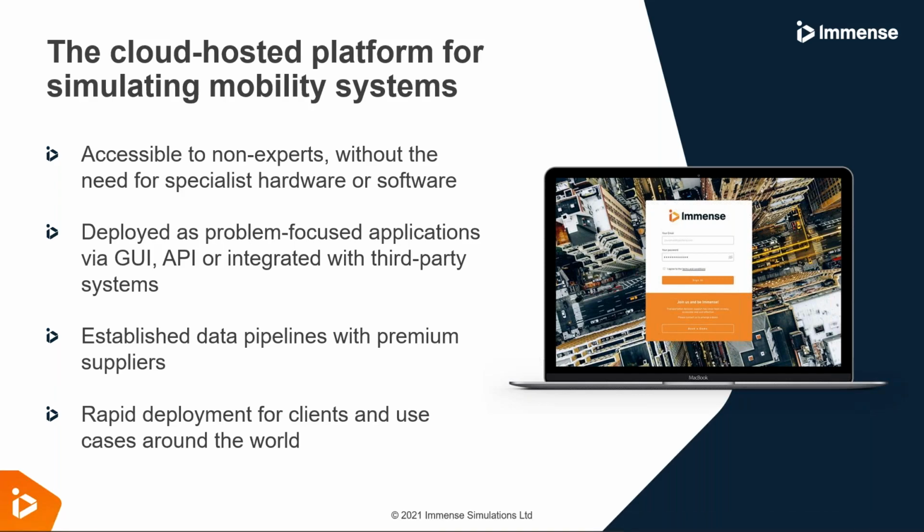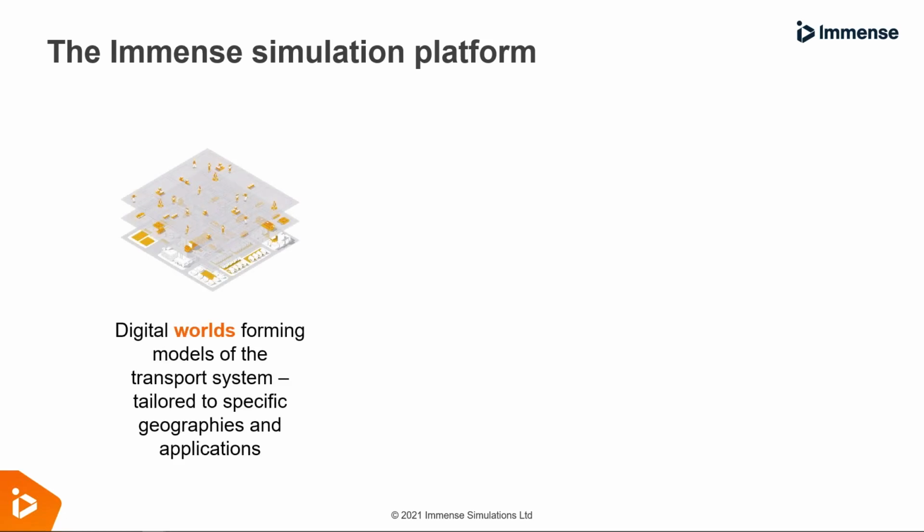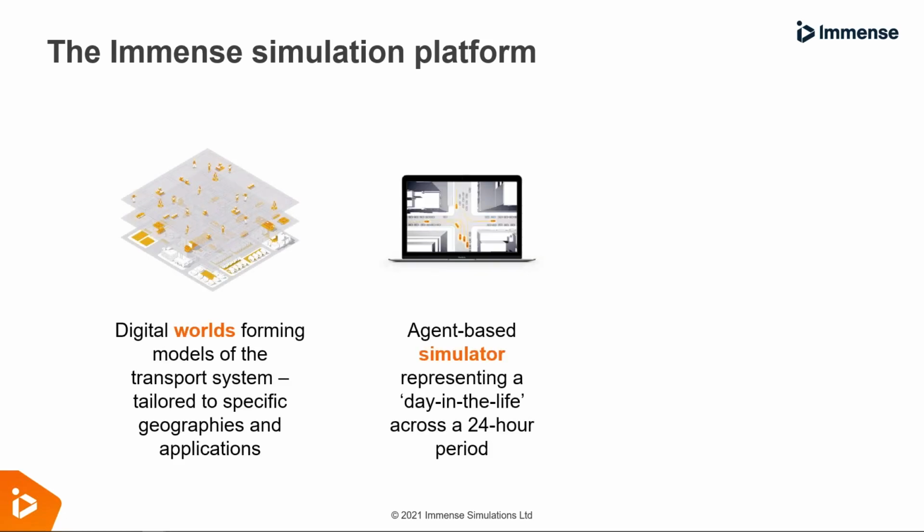And this means trying out different ways of managing our existing transportation systems. It is almost always cheaper, safer, and less disruptive to do that in a virtual environment before doing it in the real world. The trouble is that doesn't work if modeling and simulation is just too complex to be used by our transportation planners, our policy experts, our economists, or frankly, if it just takes too long to try out different scenarios. And that's why accessibility is at the core of everything we do at Immense.